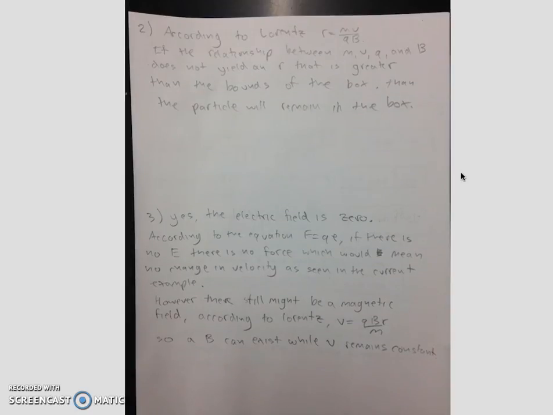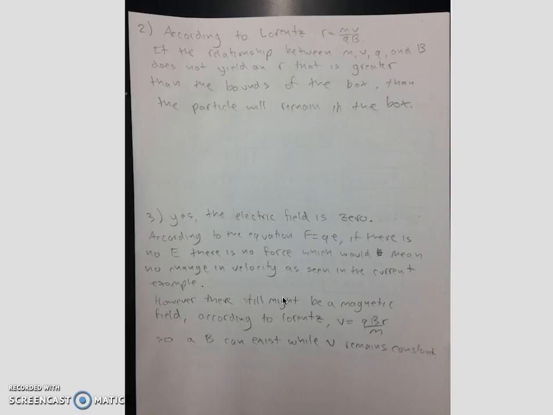The third question, talking about a particle once again. So this says that a charged particle moves through a region of space with a constant velocity, magnitude, and direction. If the external magnetic field is zero in this region, can you conclude that the electric field in the region is also zero? And I said, yes, the electric field is zero. According to the equation, force equals charge times the electric field. If there is no E, then there is no force, which would mean there'd be no change in velocity. So we're seeing that there's no change in velocity, and so the E must